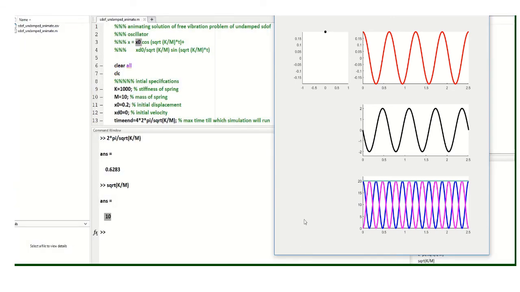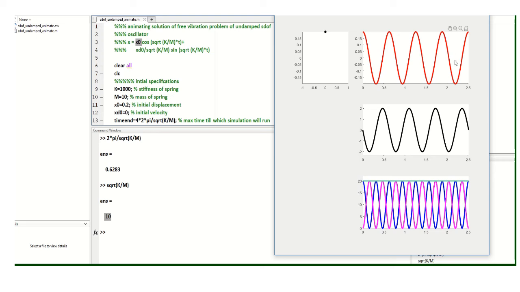So why is this called the natural frequency? Because you have simply disturbed the system from its equilibrium, and the system is performing this oscillation all by itself on account of internal imbalance, which is coming from that spring force. So this is the natural behavior of the system, and this is the natural period of the system.